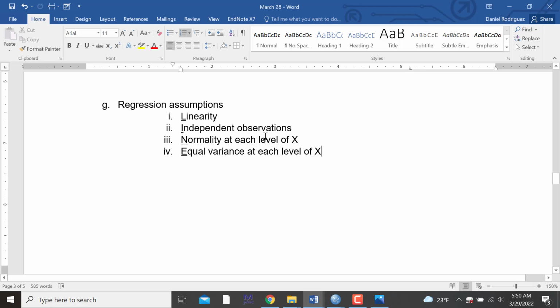Observations are independent of one another, so there's no dependence on observations. Normality for your residuals at each level of x. So when you make a prediction, you're going to predict the outcome variable, but you're not going to do it